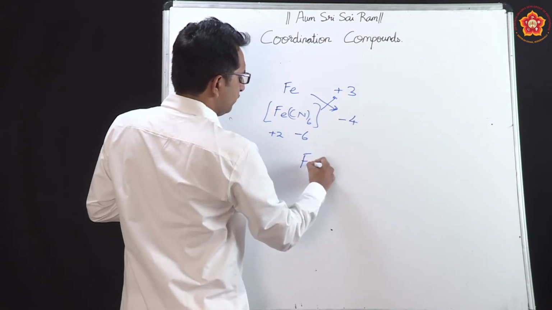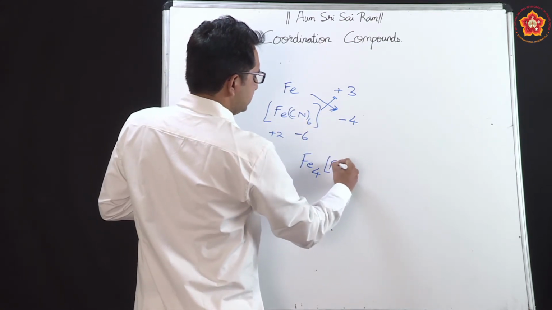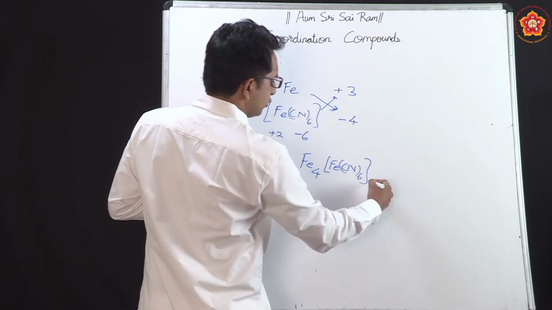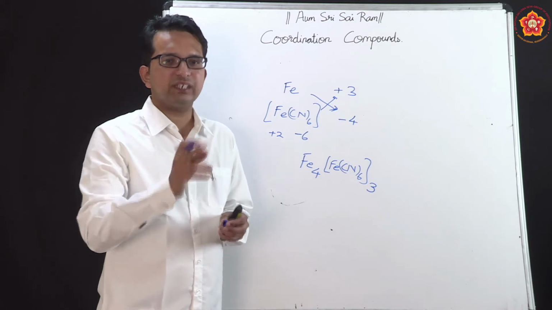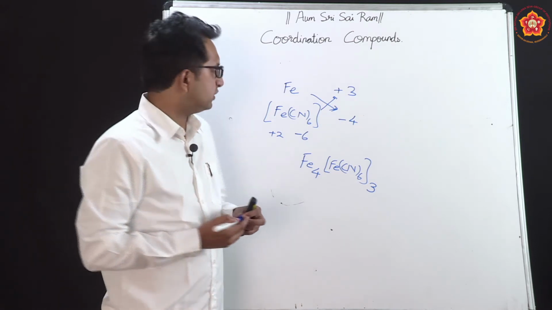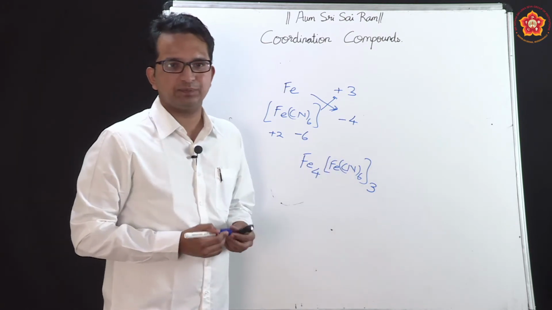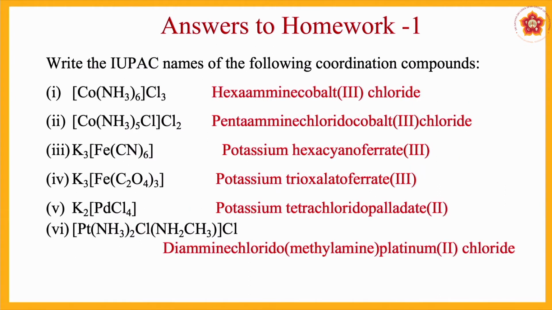Therefore, the formula will be Fe4 in the brackets Fe(CN)6, and then this will be thrice. This is how you are getting the answer for the sixth one which has been shown there, which is nothing but Fe4[Fe(CN)6]3. We will see the next set of compounds now, where you were